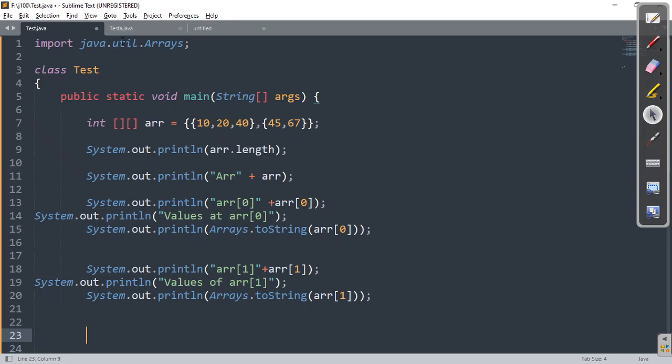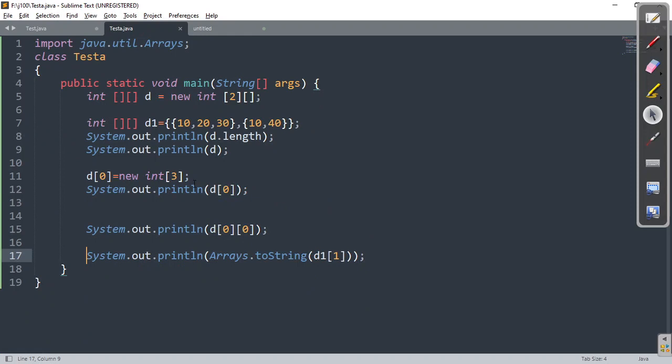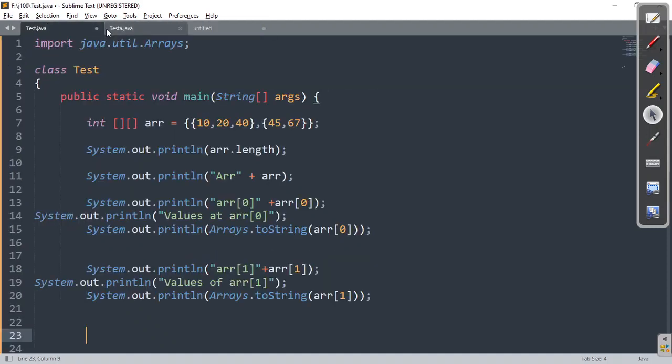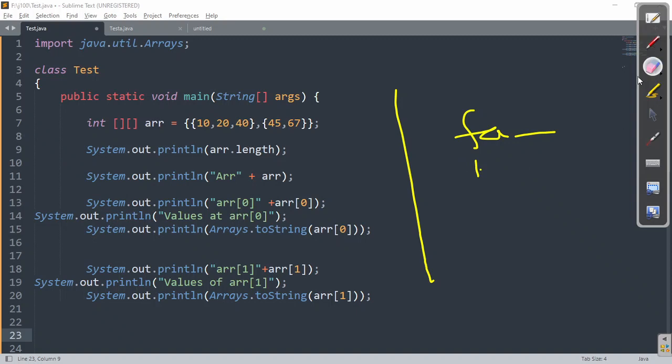In the last video, array part 1, I have clearly mentioned how to use the scanner class to input values into the one dimension array. Similarly, here you need to have two for loops, one for loop followed by a second for loop to input the values. You try it by yourself.